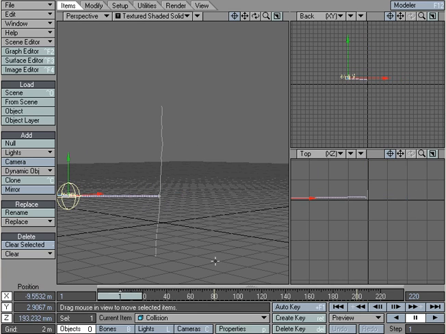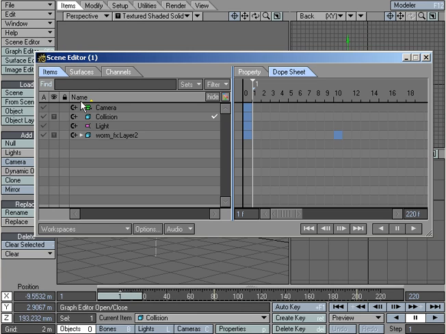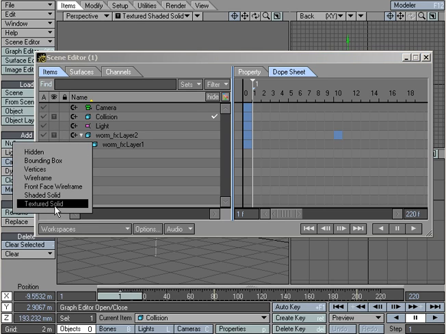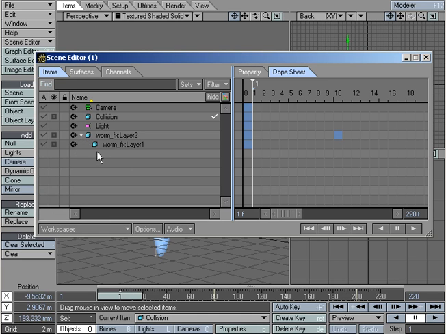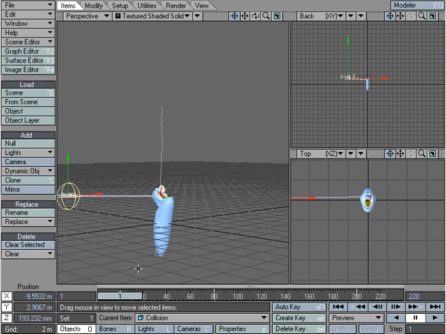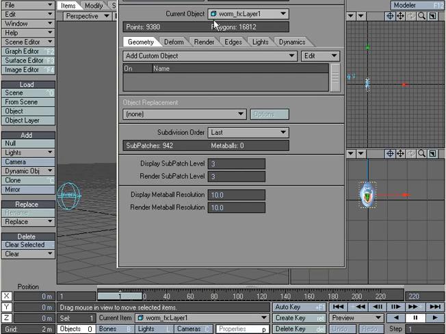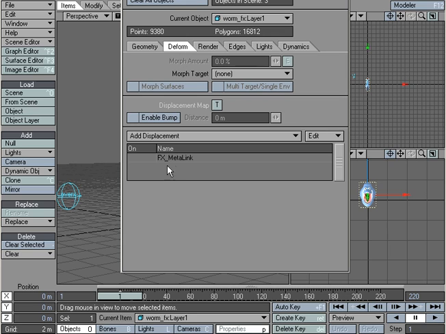So what I'd like to do in this scene, let's go and I'm going to show the worm that I have in the scene. And as you can tell, just like with hardlink, I've parented the worm to the two-point poly chain. And what I'd like is for the worm to use the motion data of the two-point poly chain to move it around. So I'm going to open up properties, come over to FX metalink and turn that on,